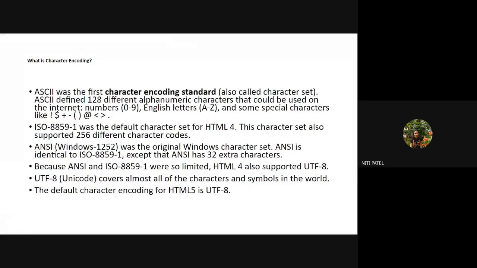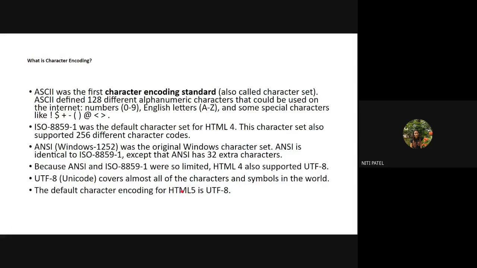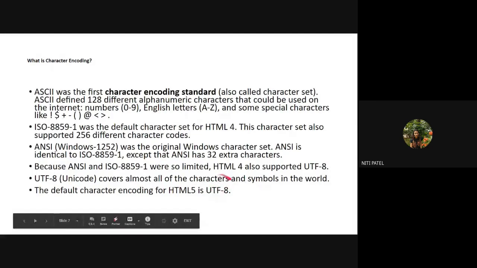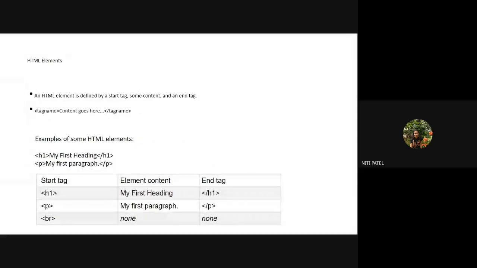How is that possible in the web page? By using this UTF-8. If you are using HTML5, it has a special syntax, and if you use that syntax, it will get converted into that specific language. Why? Because you have that character conversion called UTF-8. Is that clear? So everything you type does not get directly displayed on the screen as it is. It has to perform some type of encoding, either ASCII encoding format or UTF-8 encoding format. Clear?